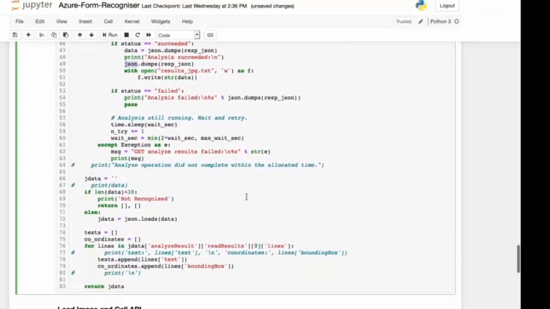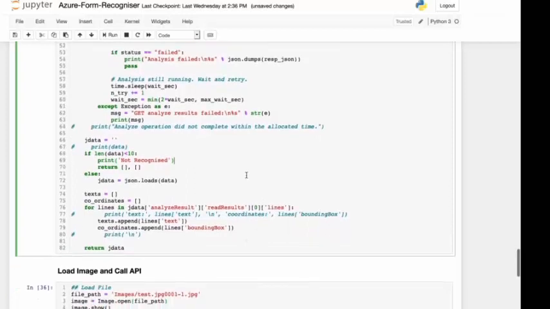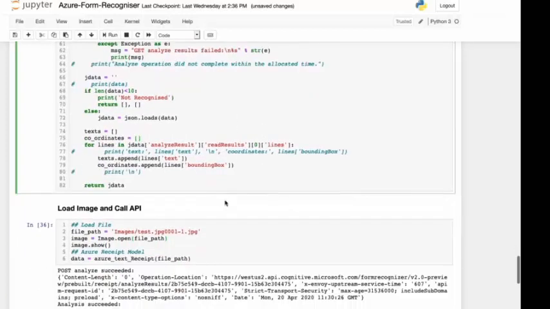After that, since there are multiple keywords and things available in the JSON output, we will extract only the useful information, which is the text part and the bounding box. The bounding box is just the XY coordinates of that particular text with regard to that particular image.